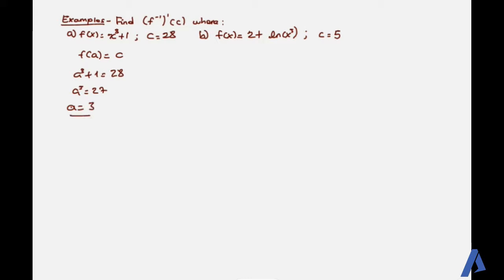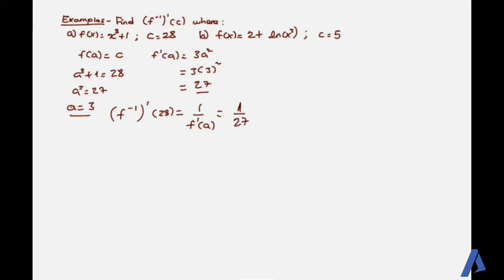ከዛ በዚህ መሰረት f'(a) እናገኛለን። ስለዚህ f'(a) ማለት ይሄኛው 3a² ነው plus 1 is 0. ስለዚህ 3 times 3², which is 9, multiplied by 3 becomes 27. ከዛ በኋላ ቀላል ነው the derivative of the inverse at c = 28 is equal to 1 over f'(a), which is equal to 1/27. እዚህ ይሆናል መልሳችን ማለት ነው።